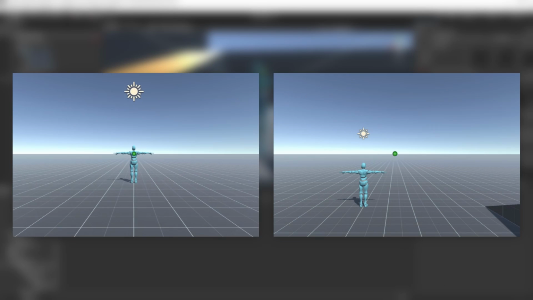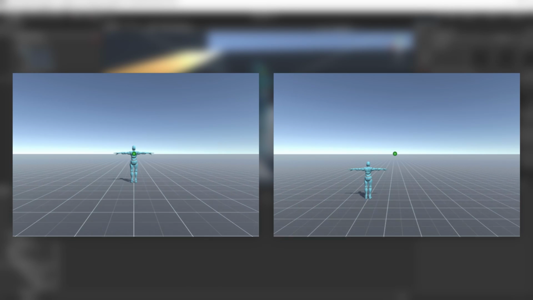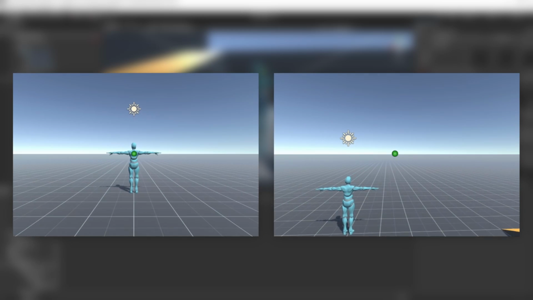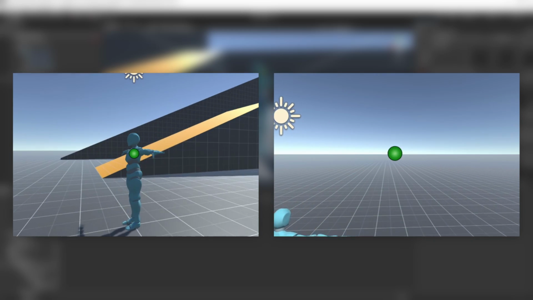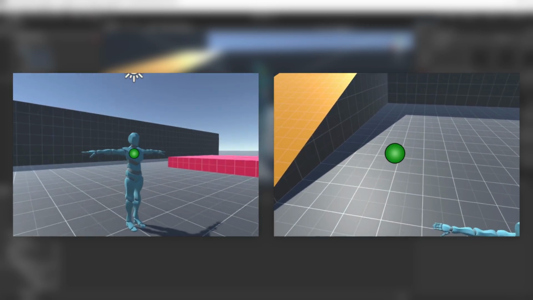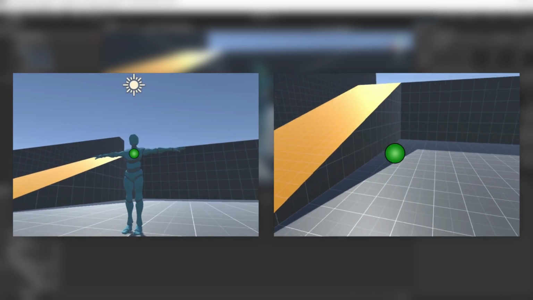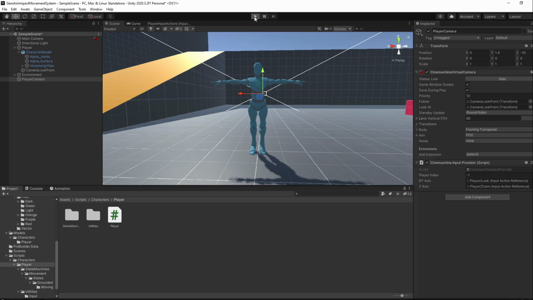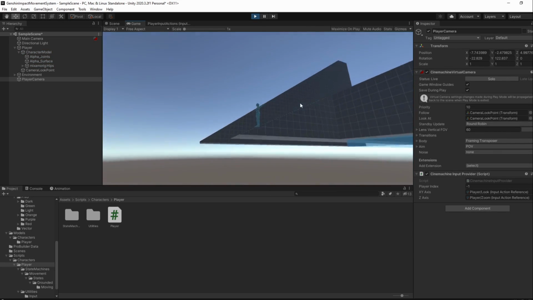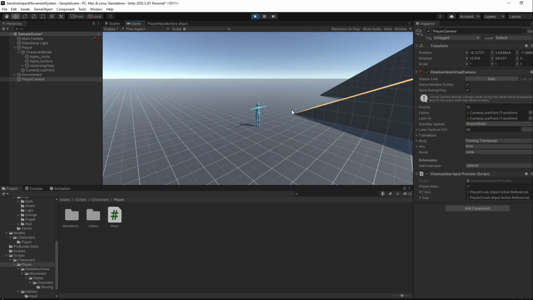The framing transposer tries to keep the camera center to the follow object at the provided distance. The POV aim moves the camera according to your input, which should translate to where you are looking at relative to the look at target. If we enter play mode, our camera should have the same orbital behavior that Genshin Impact camera offers.